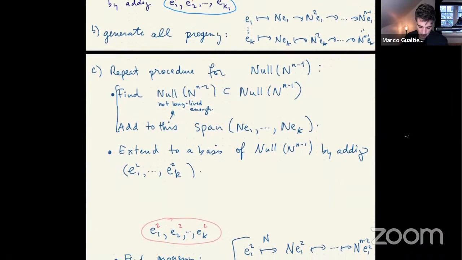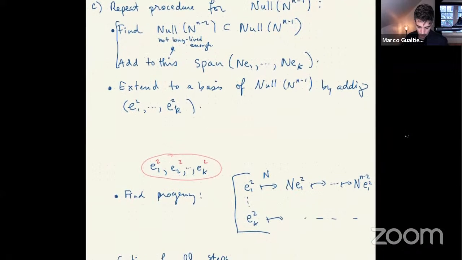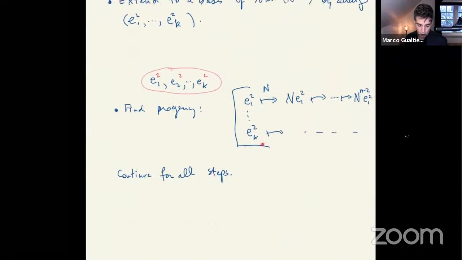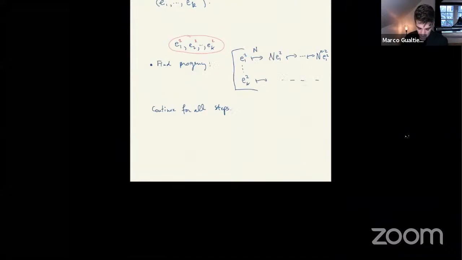So that's why I need to avoid this null space, which are the two short-lived. And then I also need to avoid the result coming from the previous step. Okay, and as long as I avoid those two, then these are new stuff, which are exactly the right age. Okay, and then you generate their progeny, and you just repeat this procedure. Okay, so in the end,